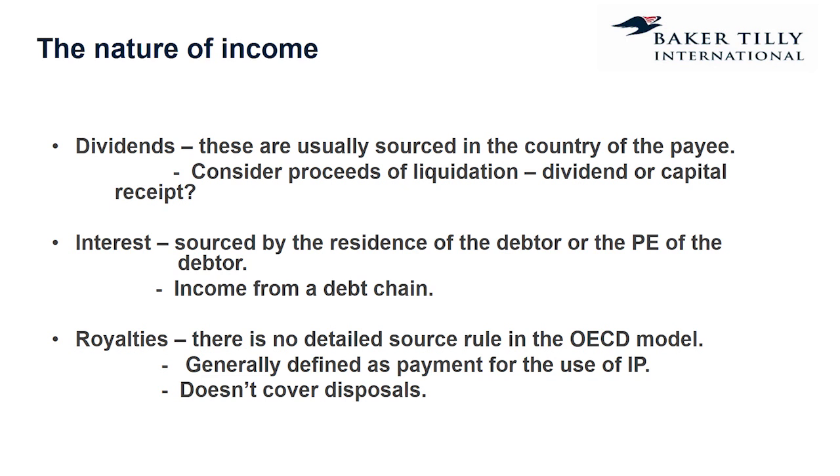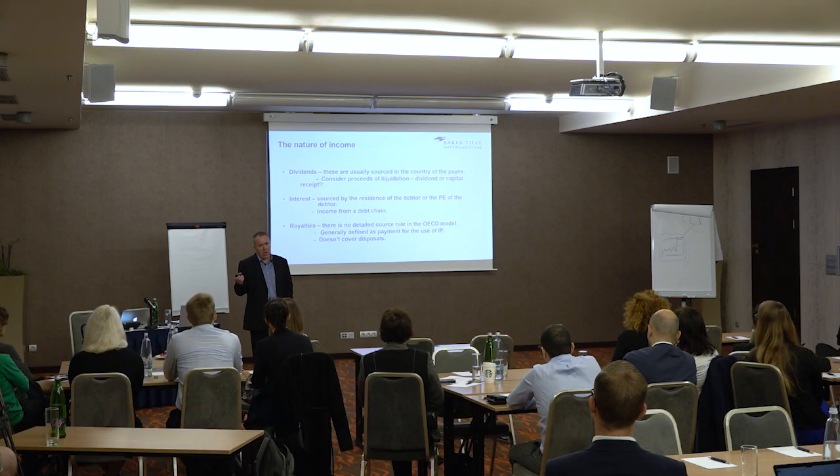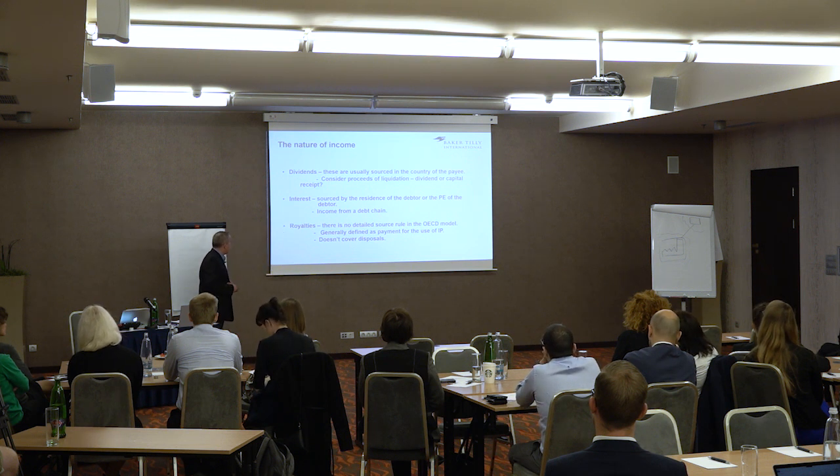And there are a couple of things that are important for income. One is where it's coming from. This may seem blindingly obvious, but it's not in all circumstances. So where's the income coming from? What's its source? And what is its nature? They're the two things you've got to be asking yourself about when you're looking at any kind of dividend income.